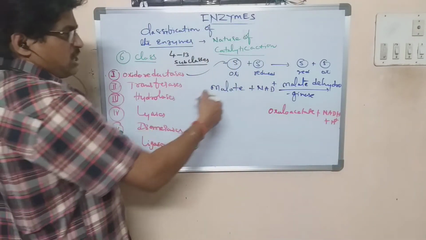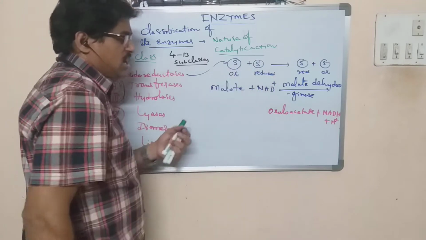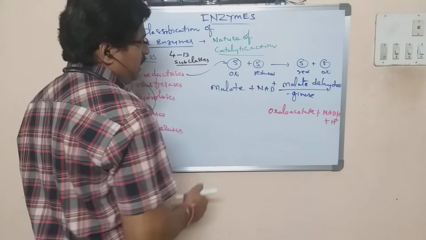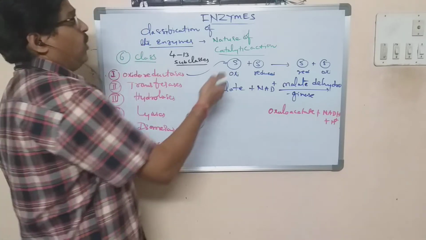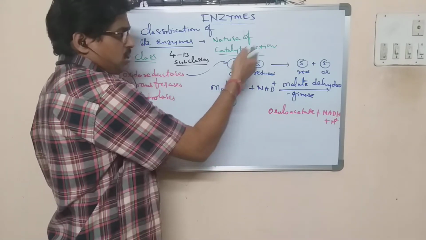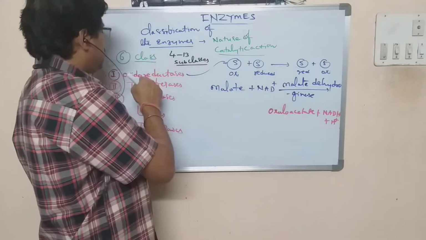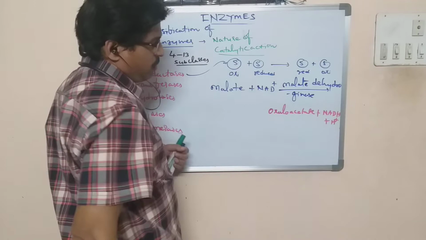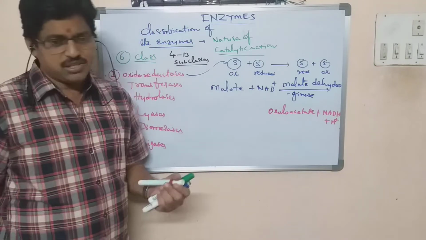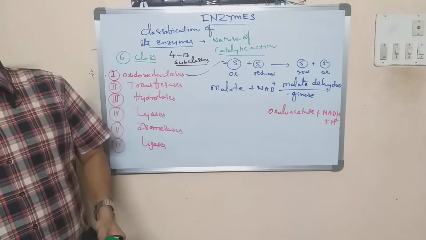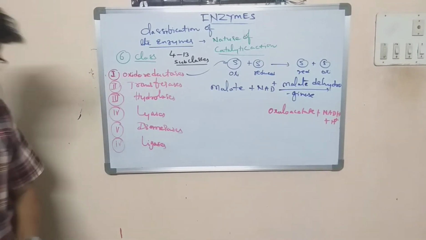There are many such dehydrogenation reactions in the respiration chapter, and malate is one example we took here. One substrate molecule is oxidized and another gets reduced due to a first class enzyme. One example is malate dehydrogenase. Now let us take another example.